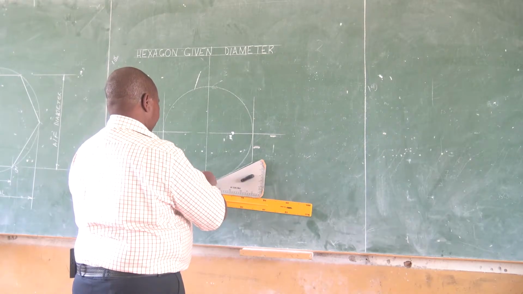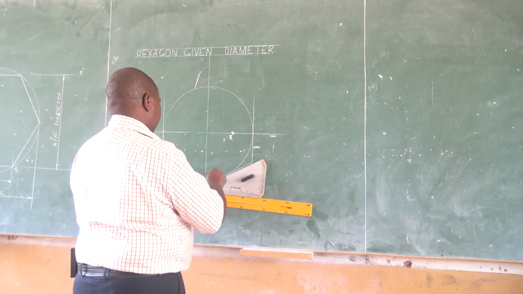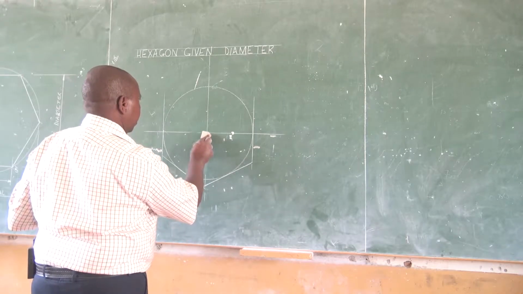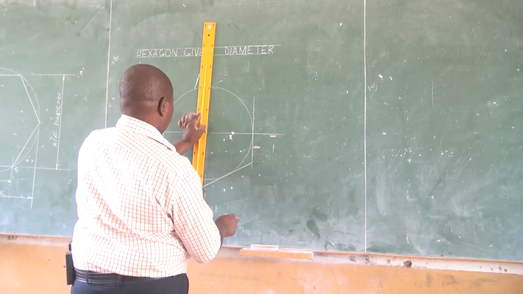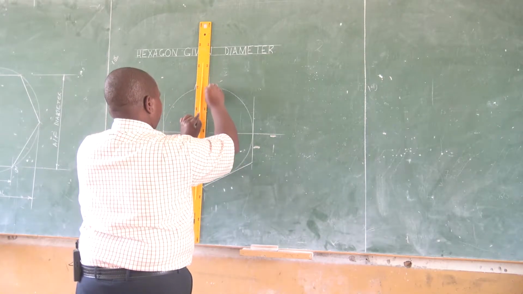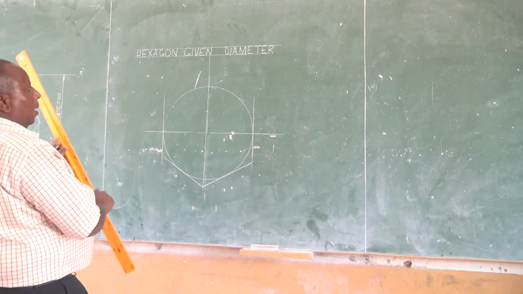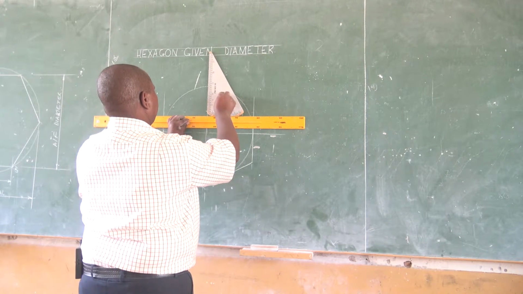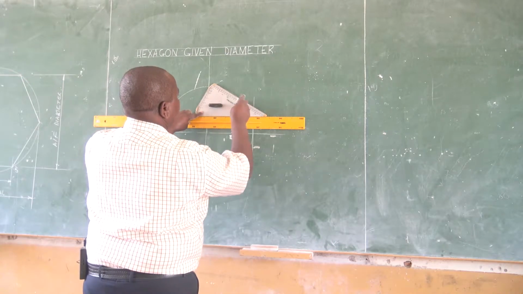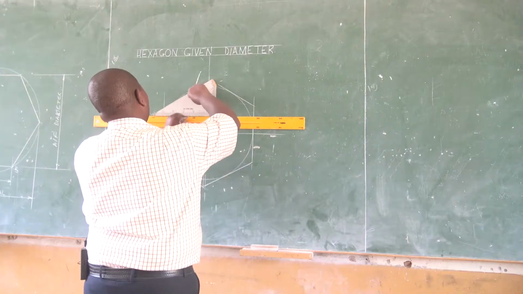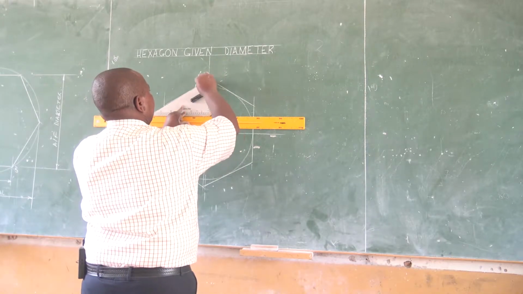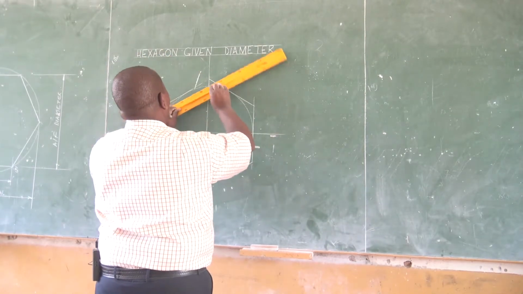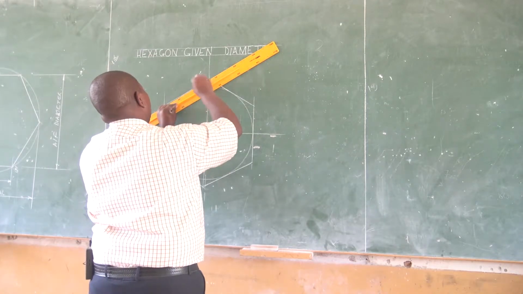If you find that there is a problem as to where they are going to meet, investigate which one of your lines is out of the center. So maybe our original line here is slightly out of line, and then we should draw it that way. If we get the tangents again at an angle of 30 degrees from a true vertical line, on this side also, the two lines should actually meet at the same point, and that will be a method of drawing the hexagon when you are given the diameter of